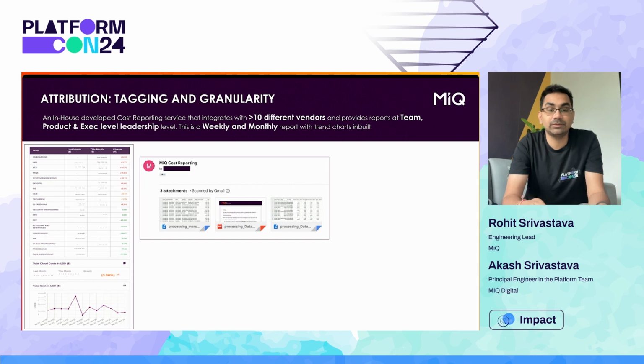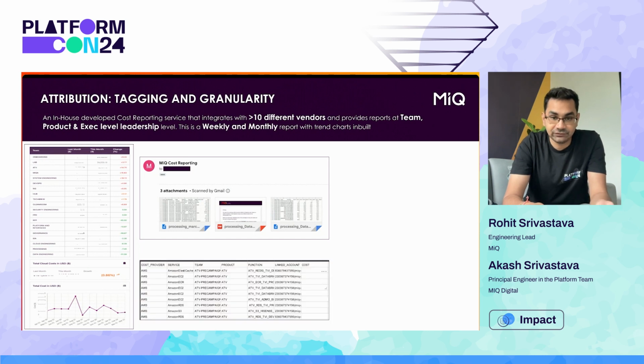So if you see, this is a cost reporting for one of the teams where you see their AWS cost, their Databricks cost, each of this is basically attached. And this is a snapshot of what those attachments are. So you will have the name of the cost provider, the service, what was the team tag, what was the vertical, what was the cost spent. So basically, first one is the reporting, second one is the attachment, third snap is the zoomed version of that